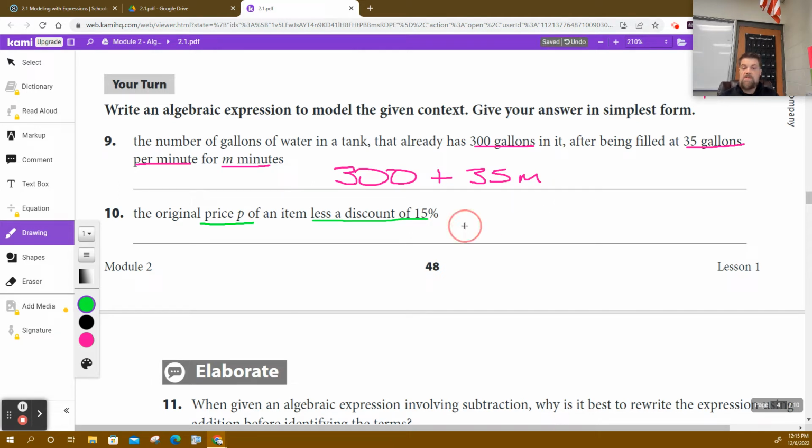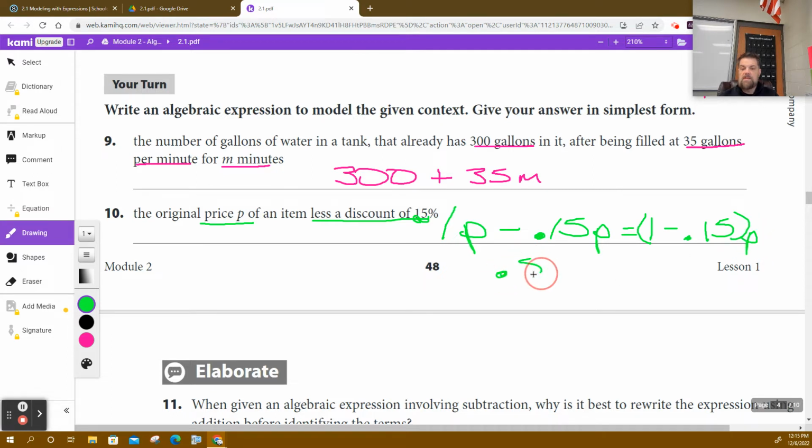So what's the price P? Minus 15% discount. Remember on the other one, what we did is we take 15 and we make it a decimal by moving the decimal 2 spots to the left. But we also have to multiply that by the price. Now, if you think of this as 1p minus 0.15p, you could think of it as 1 minus 0.15 times p, using the distribution property in reverse,